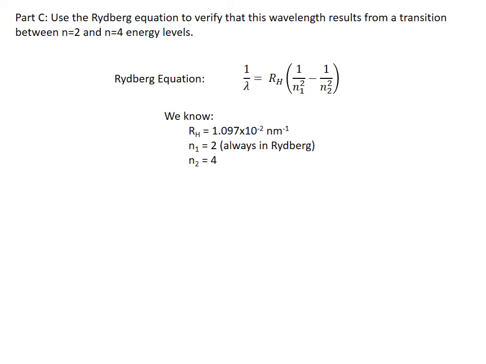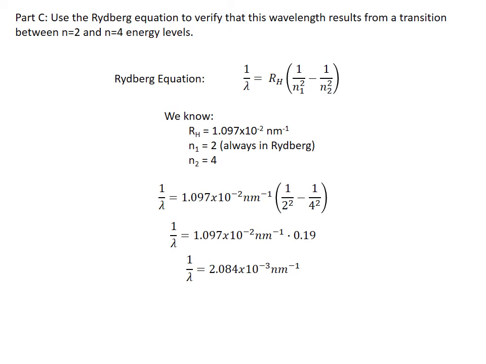We know that the Rydberg constant is 1.097 times 10 to the minus 2 inverse nanometers, nanometers to the minus 1. n sub 1 equals 2. It always does when we use the Rydberg equation. And in our case, n sub 2 equals 4. We plug in those numbers, crunch it all down, and we get that 1 over lambda equals